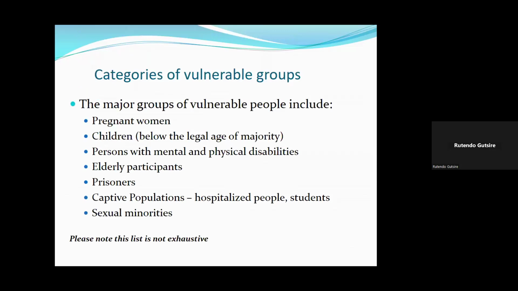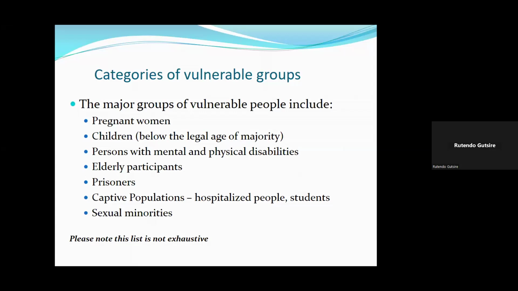Then I need to talk about vulnerable groups. What do we mean when we say people are vulnerable? These are people who have some vulnerability around them. This can be pregnant women, fetuses. You can't go around testing any medicines on pregnant women. There are some studies where being pregnant is actually an exclusion criterion. Like when the COVID vaccines were developed, pregnant women were not enrolled in the initial clinical trials, but later on when the vaccine was found to be safe and for use in anyone, they also got it.